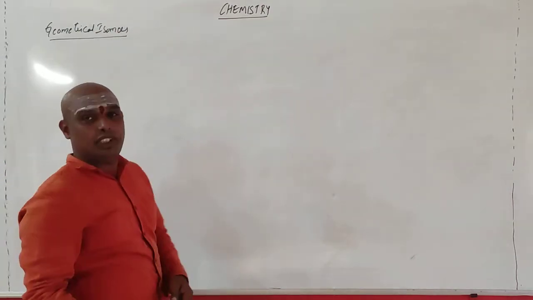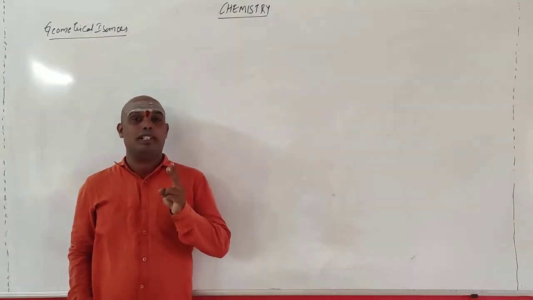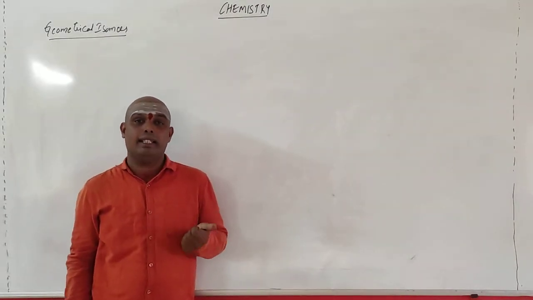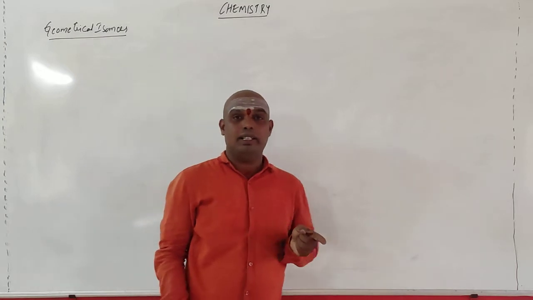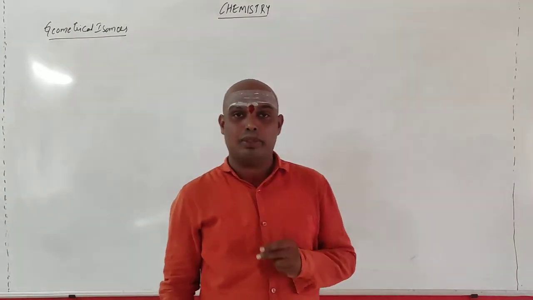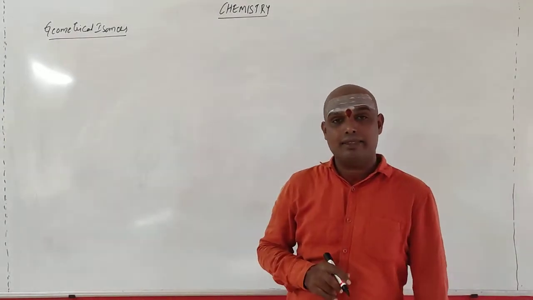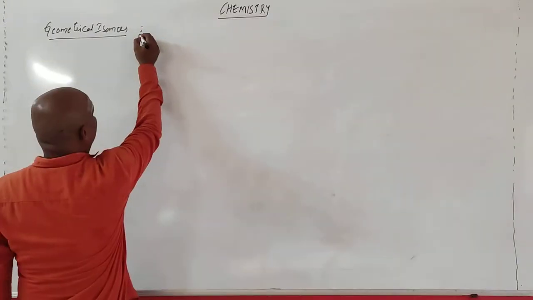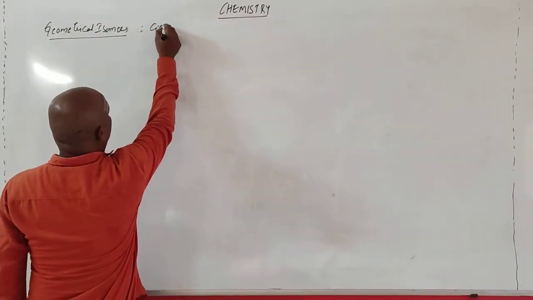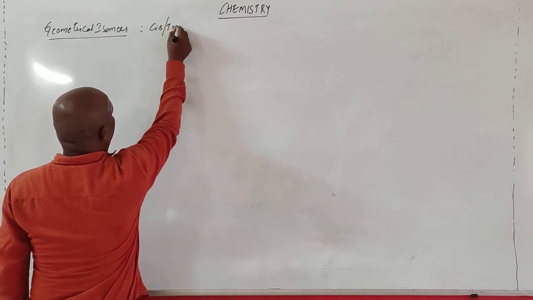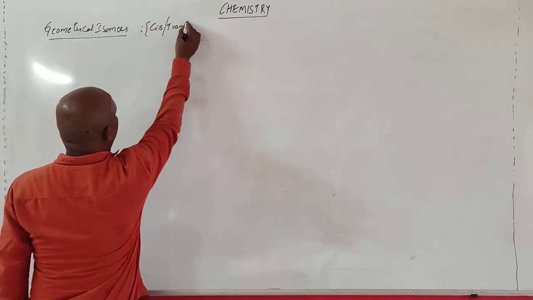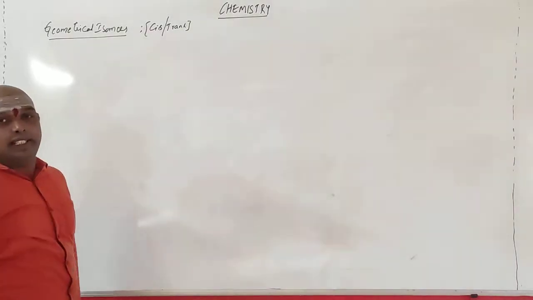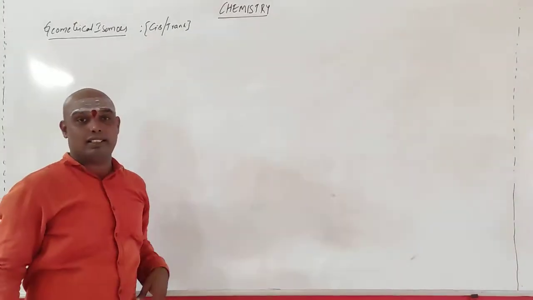So you know that stereoisomers are of two types. One is geometrical isomer and the other is optical isomer. Again I am repeating, stereoisomers are of two types: one is geometrical as well as the optical. In geometrical isomers, we will be basically dealing with cis or trans. So both cis and trans structures will be obtained.